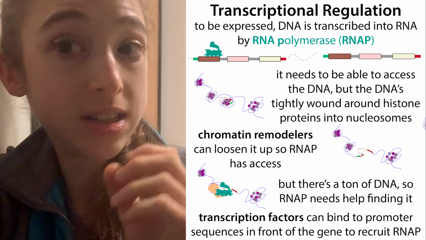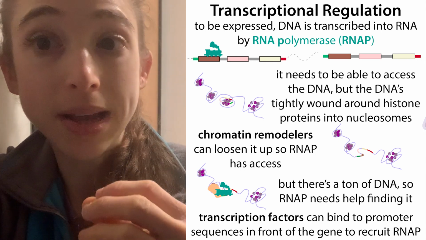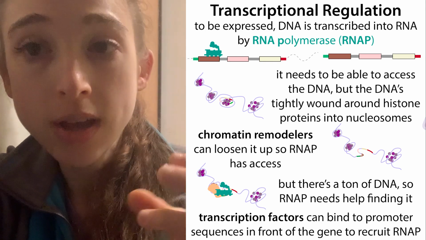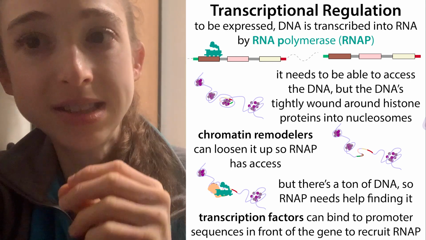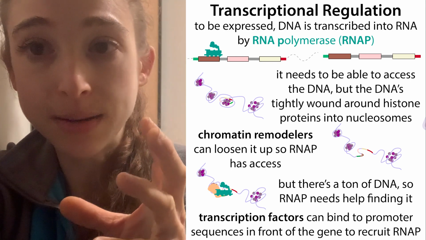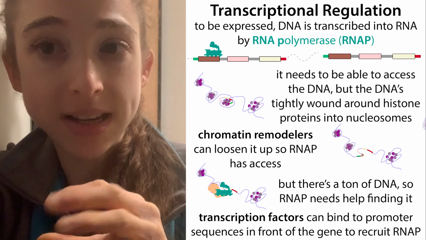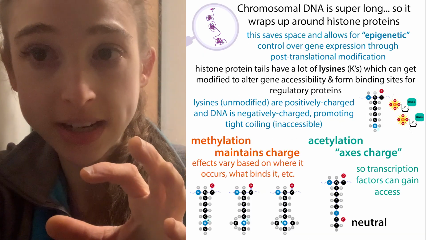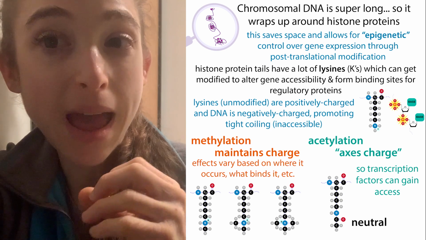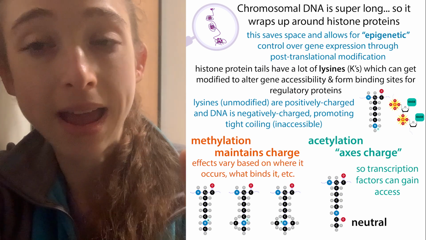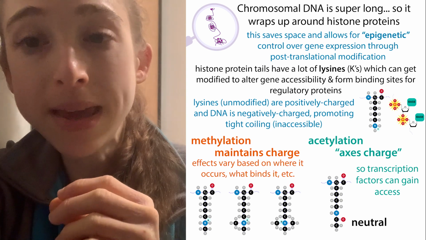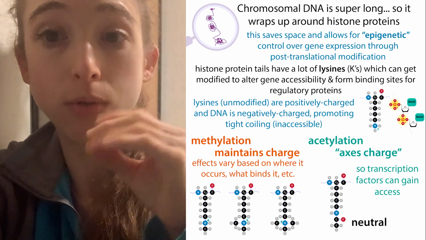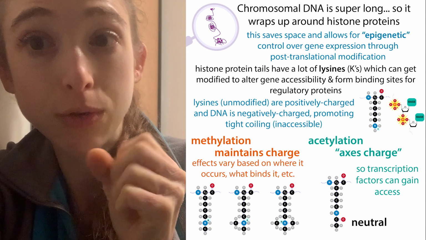And whether or not DNA can be transcribed depends on whether that DNA is accessible. So is it tightly coiled up around those histone proteins in heterochromatin, or is it more accessible? Is it in euchromatin, so these freely accessible regions? That's going to be dictated by epigenetics. So basically you can have those histone proteins have various markers that are going to make it so that they're more open or less open, that they're bound more tightly or less tightly.